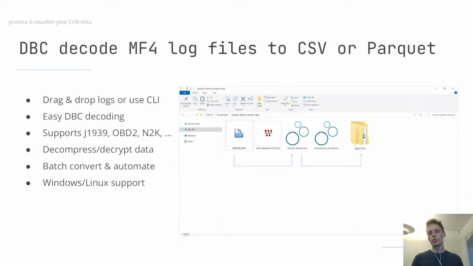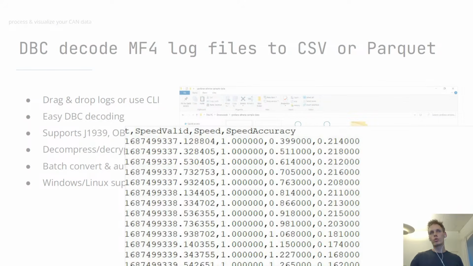And it's mainly useful, in my opinion, for file by file analysis. You may have a single trip you want to analyze, that's great, but what do you do if you have more files? Then we have these new tools here, and I'll explain in a minute why they are really cool. If you just take the most simple version of it, the MDF to CSV underscore decode, very easy name. What this allows you to do is to drag and drop a file once you have put the relevant DBC file next to the converter, and it will create again a CSV file just like before,